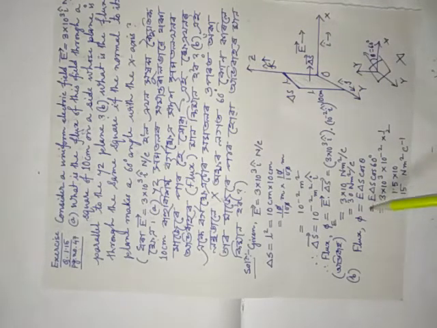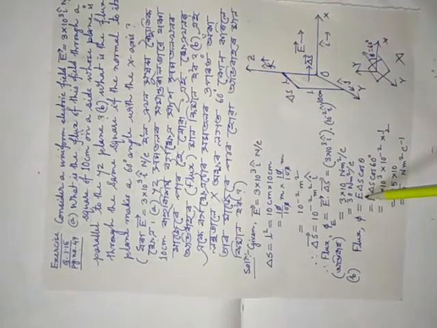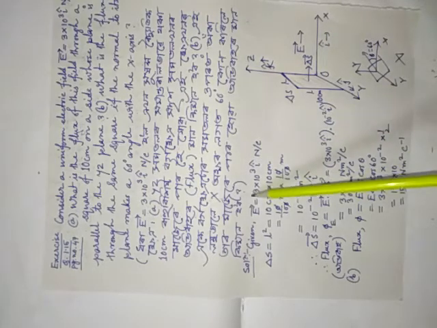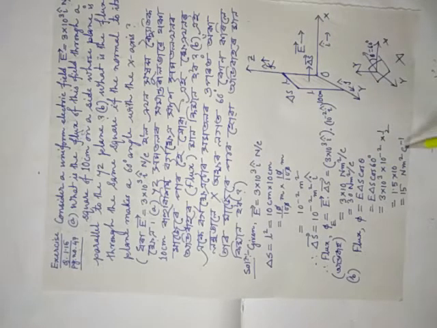Phi equal to, this type of question, if theta is given, then you write the magnitude formula. Phi equal to E delta S cos theta, and theta equal to what? 60 degree. Just put the value E. This time no need to put i cap, only magnitude, 3 into 10 to the power 3. And delta S means what? This time only magnitude, not delta S vector. Delta S equal to 10 to the power minus 2, and cos 60 degree means half. After calculation you will get 15 Newton meter square per coulomb. Unit is same. Okay, here I have written per coulomb, there to the power minus 1, same thing.